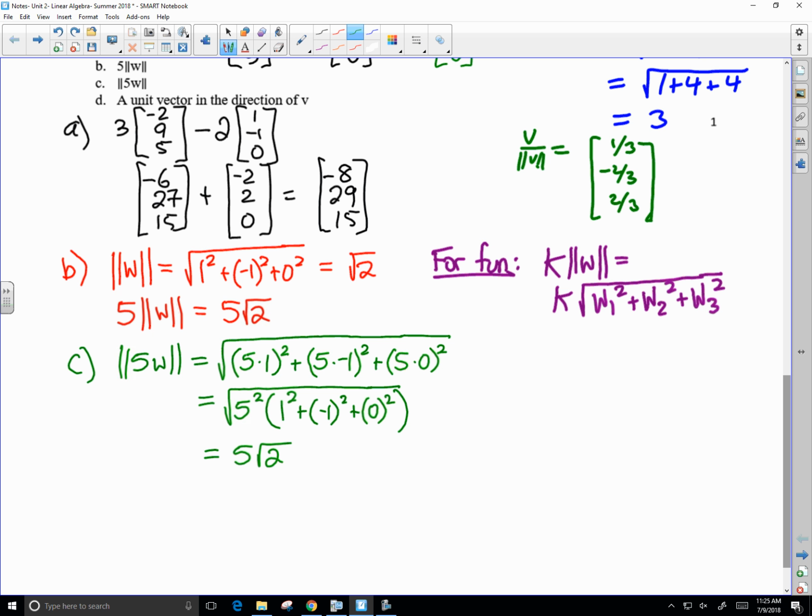Because the 5 squared, the root of that is a factor, pull that out. Square root of 5 squared is 5. And this whole component here, we already did up here, that gave us a root 2. All right, so that sets us up for a possibility of having something like the magnitude of kW,